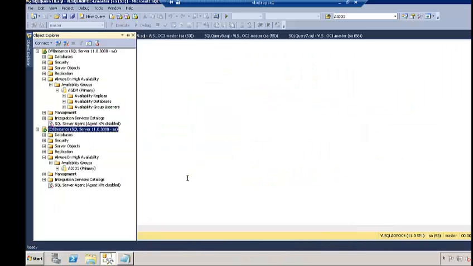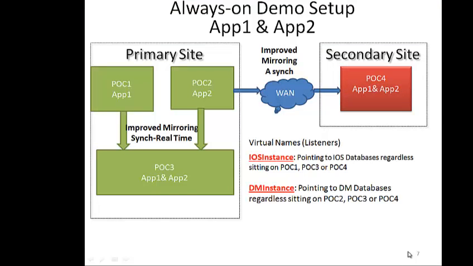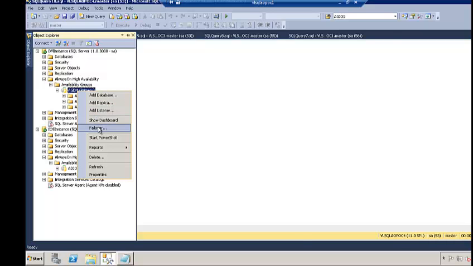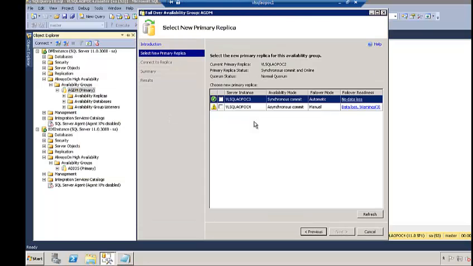So DM instance has an availability group. I call it AGTM, and iOS instance also has an availability group. So let's talk about this. Let's fail over our DM instance and iOS instance. How you fail it over is you select the availability group and then you say failover, and it will give you the possible options. In our case,